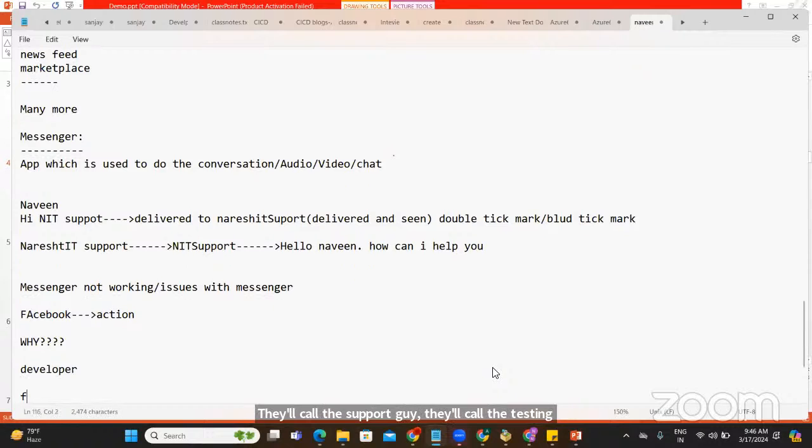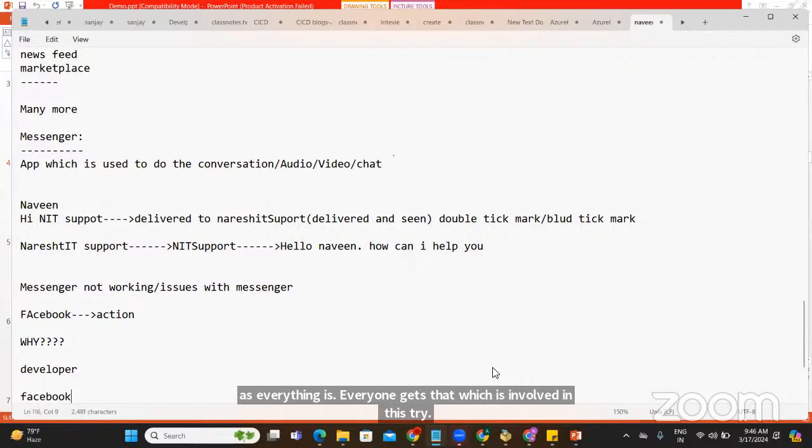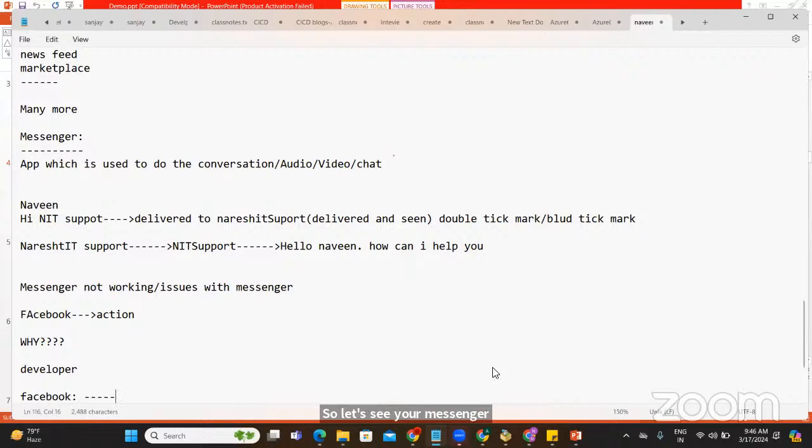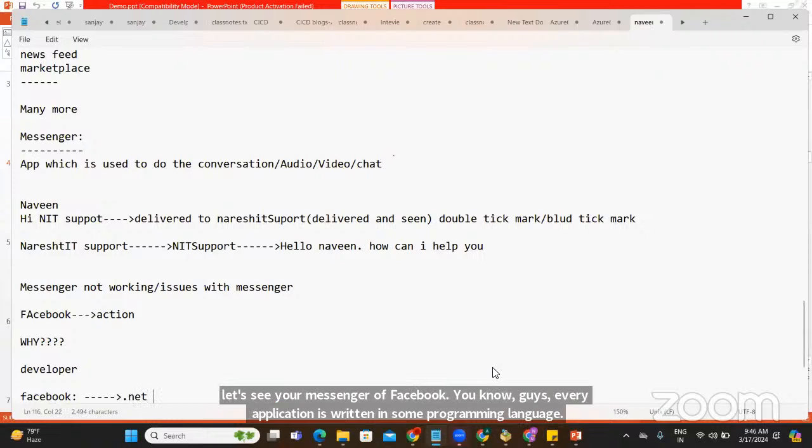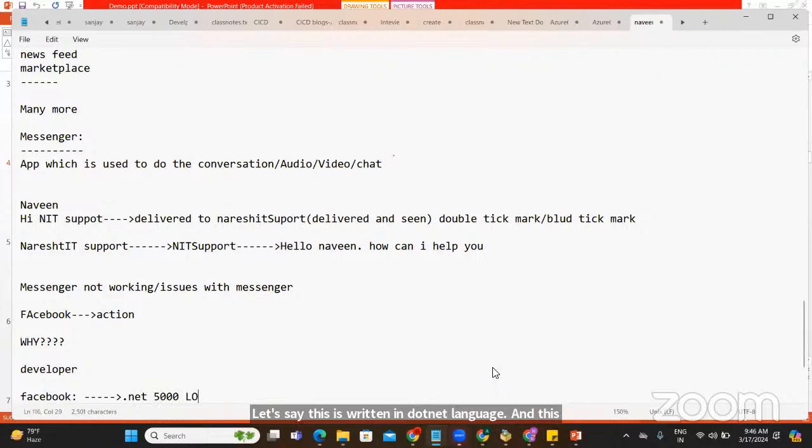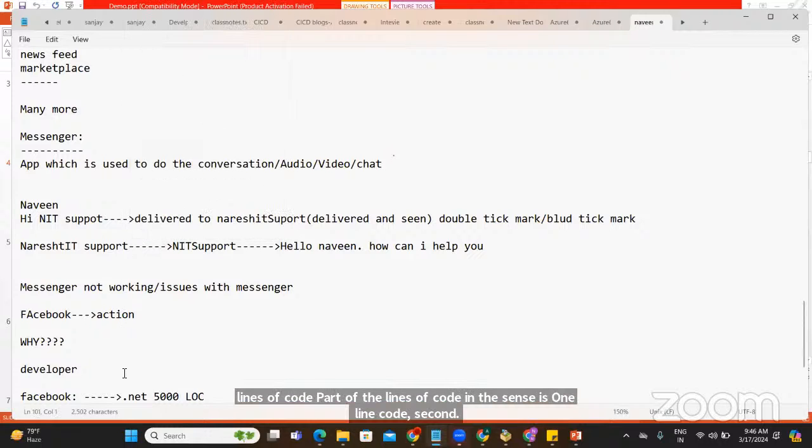So let's see your Messenger or Facebook. You know that, guys, every application is written in some programming language. Let's say this is written in .NET. And this is written in 5,000 lines of code, guys. What is 5,000 lines of code? It means one line of code, second line, let's see, 1, 2, 3, 4, 5, 6, 7, 8, 9, 10.